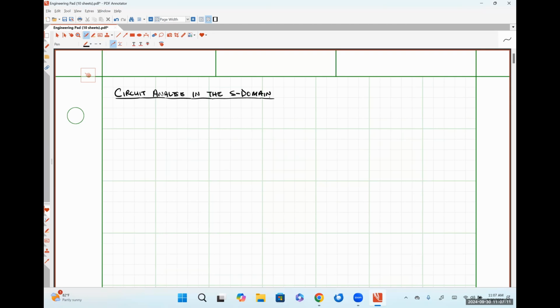Let's take a couple of moments here, like what we did when we were kicking off frequency domain or steady state sinusoidal circuit analysis, and figure out how our circuit elements are going to behave in the S domain. Let's start with the simple case. So for a resistor R,